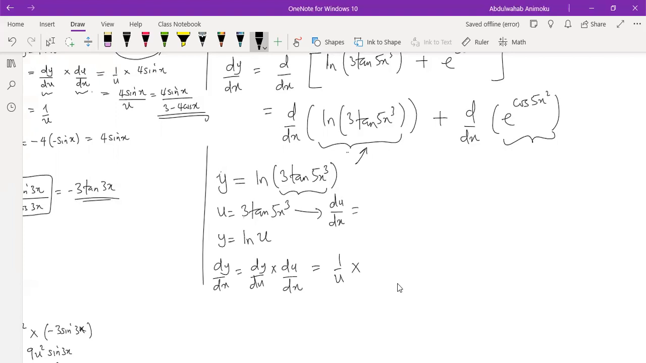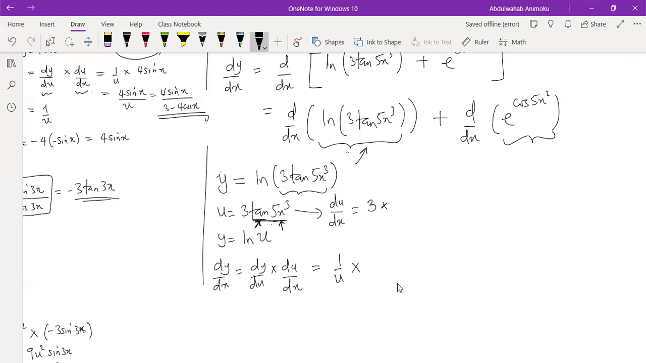So what is that? 3 is a constant, so we can take it out. Now you need to find the derivative of tan of 5x raised to power 3. Notice that this is going to be chain rule again because you have tan and you have 5x cubed. So you will have to multiply the derivative of the external function by the derivative of the internal function. You can see there's a chain rule inside another chain rule, okay? So we don't want to prolong the solution of this problem. So let's just do it